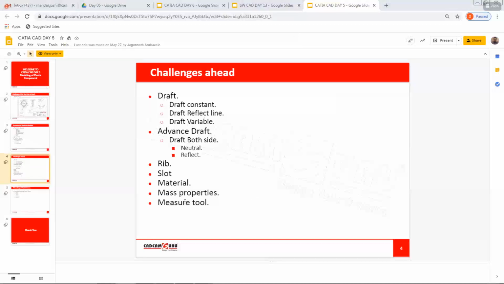Any doubt regarding these points we discussed earlier? My recommendation to you all is that you always refer to the video lectures 2 to 3 times to understand the settings. Any question regarding this point? On the basis of that, in the next class we are going to solve some components, the application of draft.